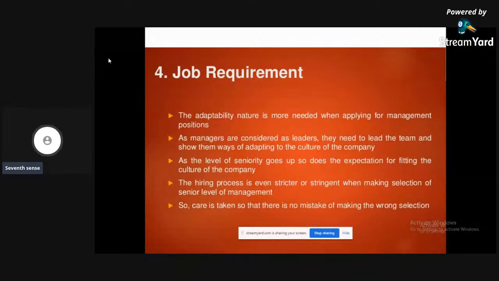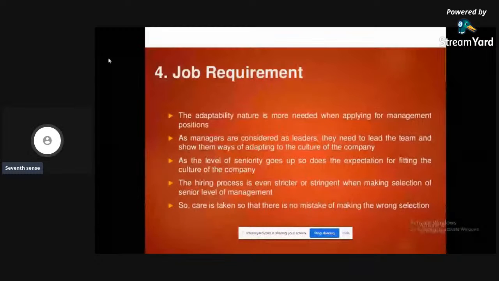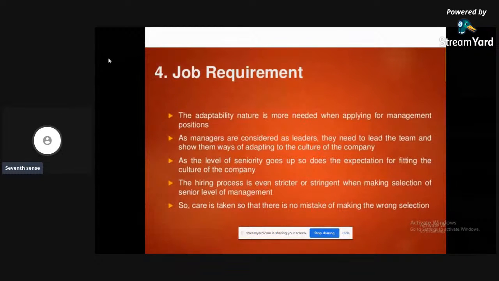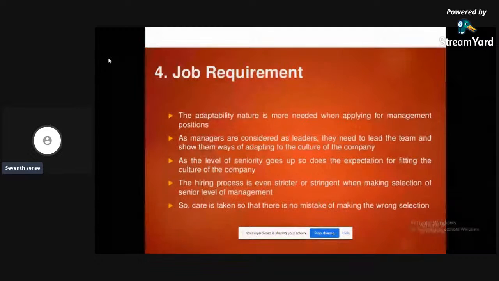That is somewhat a managerial post. At that time you should be more adaptable and flexible, so that your team won't perform any less. These kinds of adaptability skills are more important for managerial posts than anybody else.